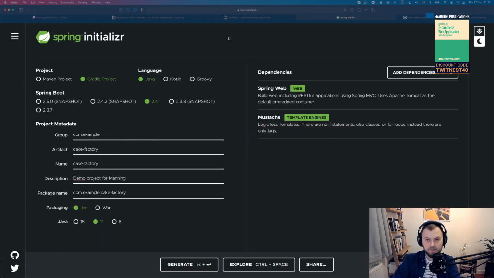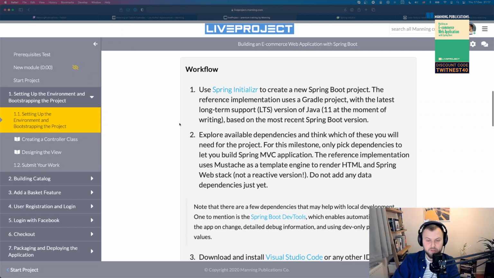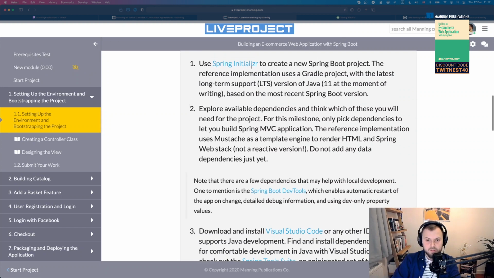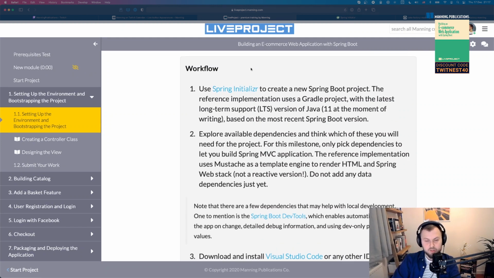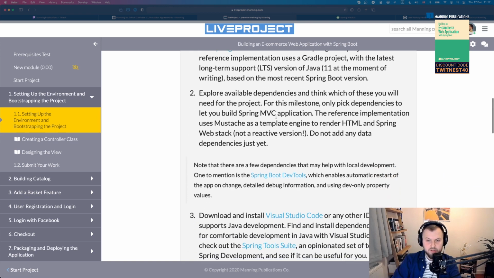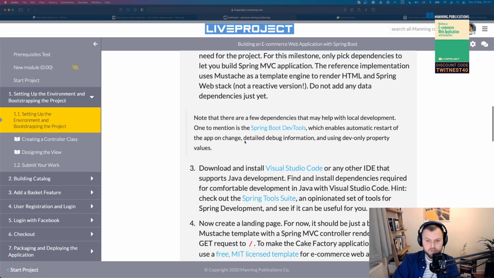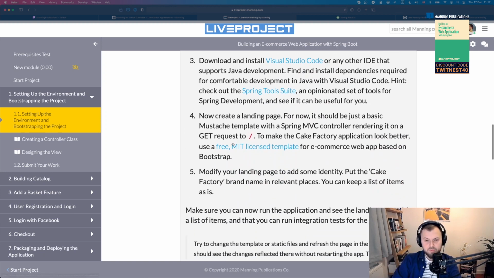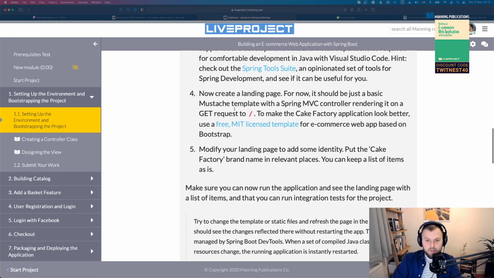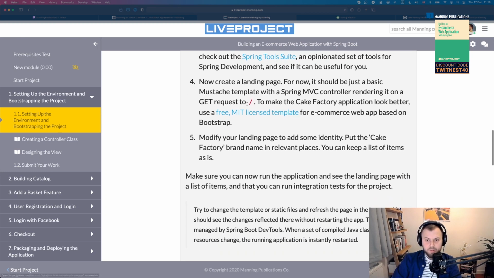So if I go back for a second to my first milestone, I see that the goal is to build an empty HTML page, right? So I use Spring Initializer, I declare dependencies. I'm not going to use Spring Boot DevTools, but again, it's just for the purpose of the stream, just to save us a bit of time. And the next one is, let's create a landing page, right? So we need to create a landing page and display something when we go to the application main page at /.